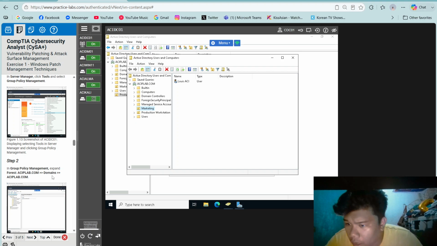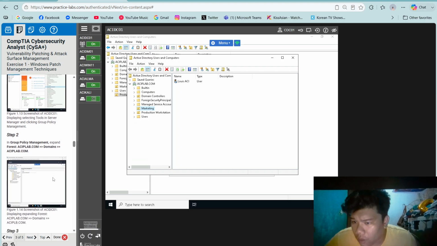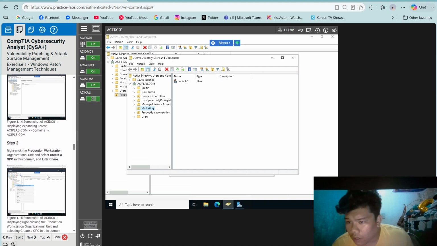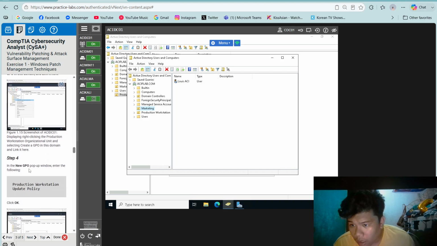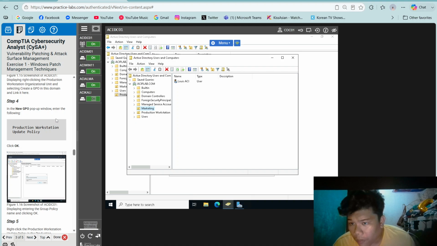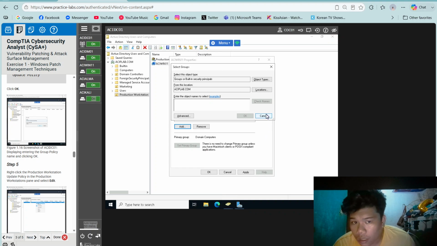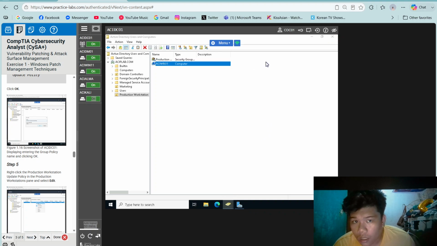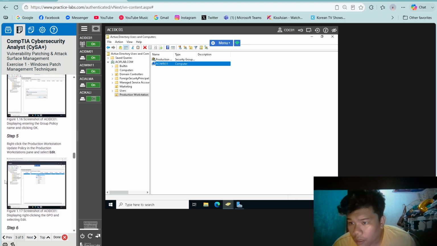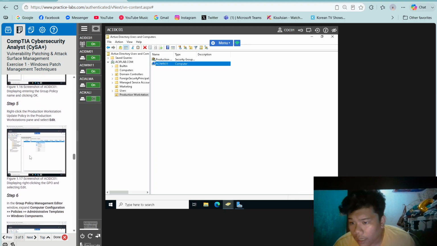Then step 2, expand the forest aciplab.com, domain aciplab.com, Production Workstation, select Create a GPO in this domain and link it here. In the New GPO pop-up window, enter the following: Production Workstation Update Policy, then click OK. Then step 5, click Edit.